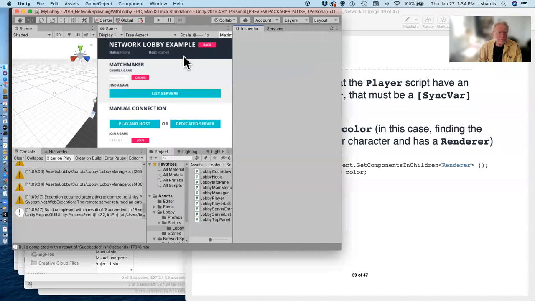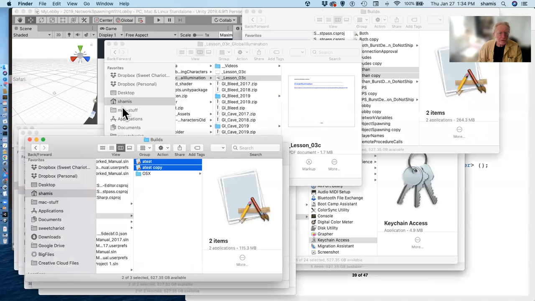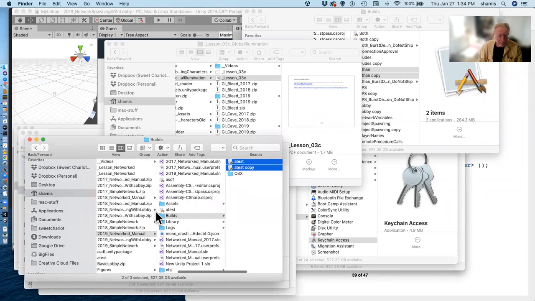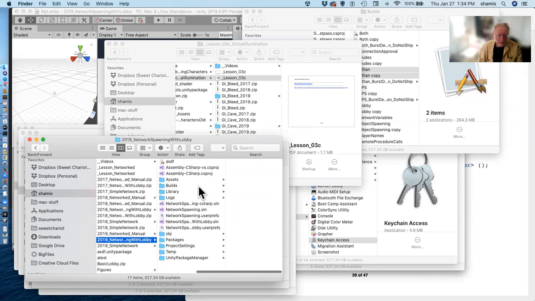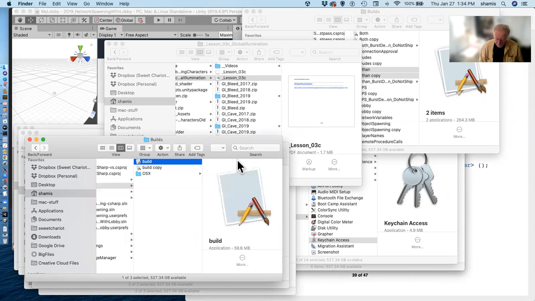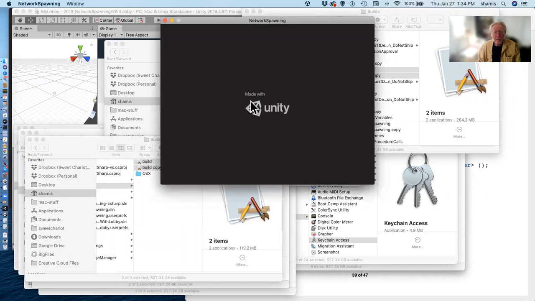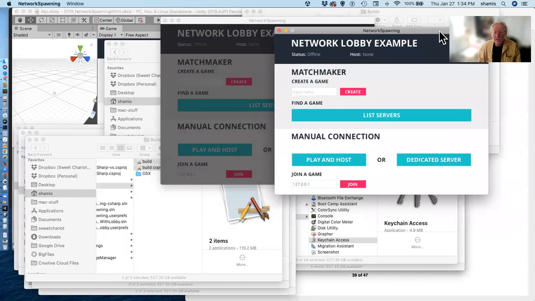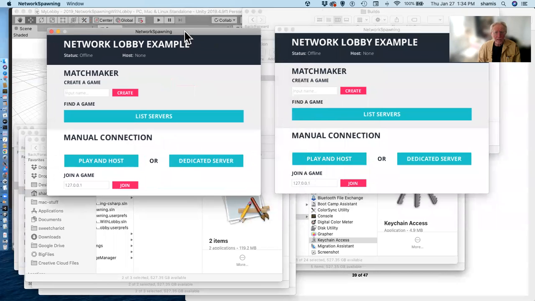So here's this one, and I'm not going to bother to compile this. I'm just going to go directly to the compiled versions of it here. So in the builds, I've got a build and a build copy, and I open these. And this is what the lobby looked like. It has access to the matchmaker, which is where the server runs on a commercial server that I believe Unity maintained. The manual connection is where one of the players here is hosting the game,